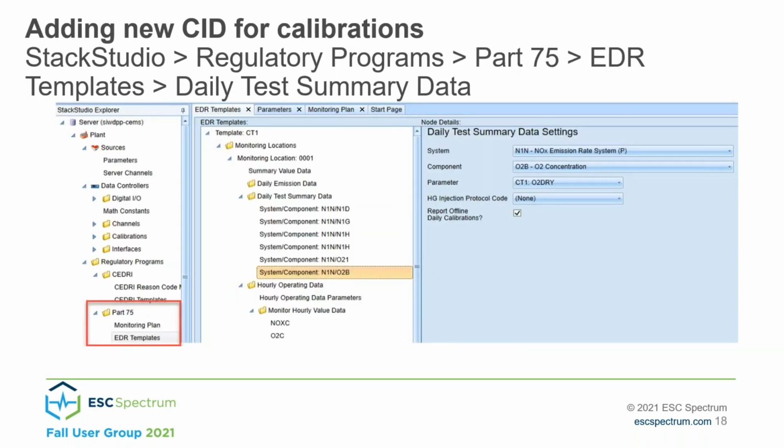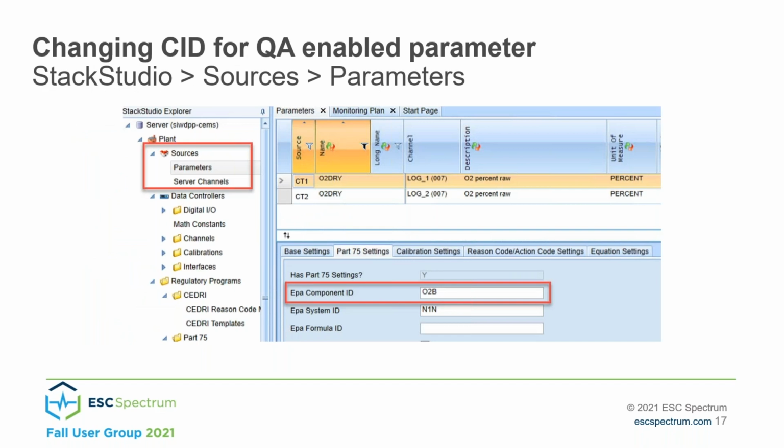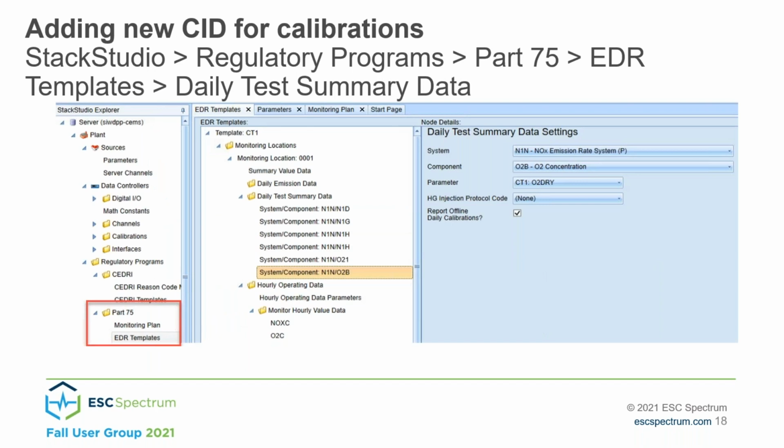Sorry, one thing to note about this, actually: if you are replacing a NOx analyzer that is dual range, you cannot have the same EPA component ID on both NOx high and NOx low. So you will have to do it on the merge parameter. Okay, so like I said earlier, this is just another important reminder of why you need to import